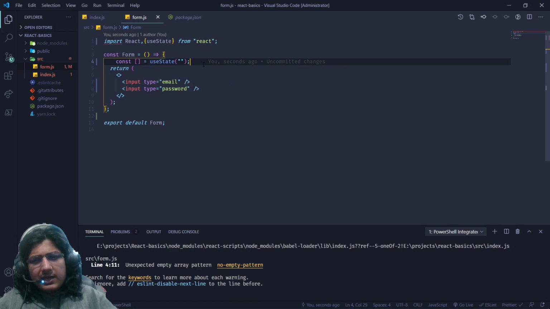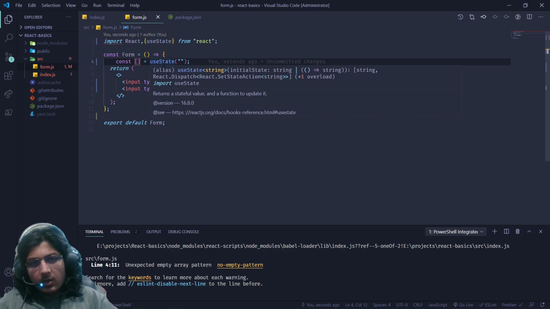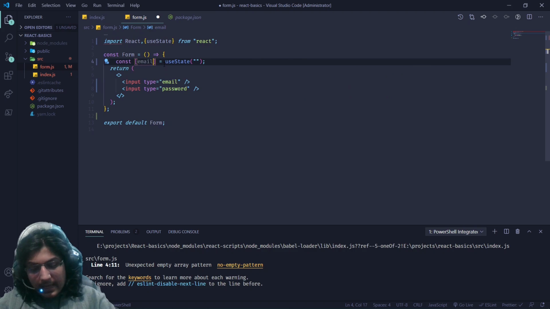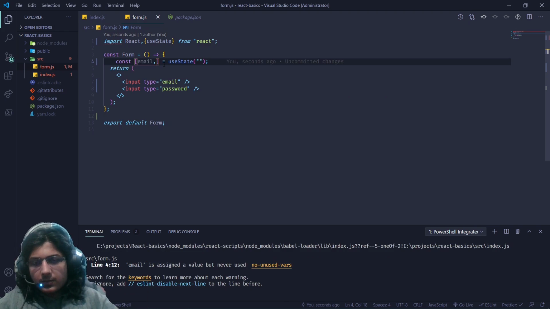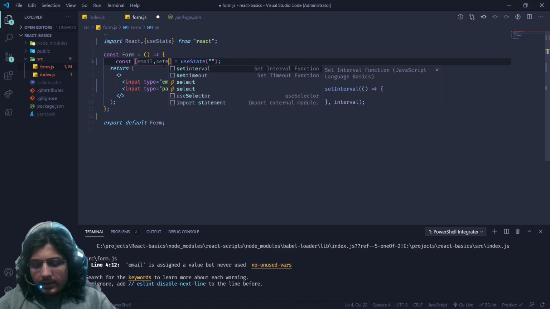You can give any value, a number, a boolean, or anything. So it returns two things. In order, the first thing is the state, whatever you want to name it. Let's call it email for now. And the second thing it returns is the set state function, which would take one argument, whatever value you want to give to the state, and it will give that value to the state. So let's call it setEmail,